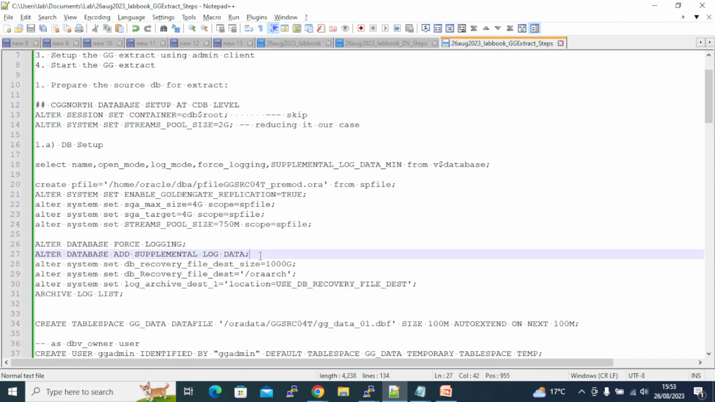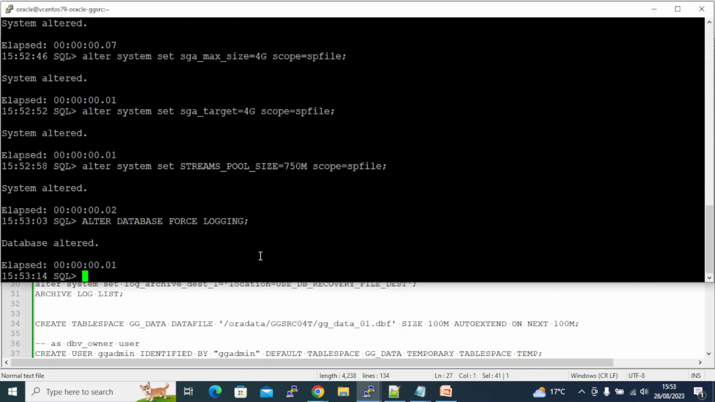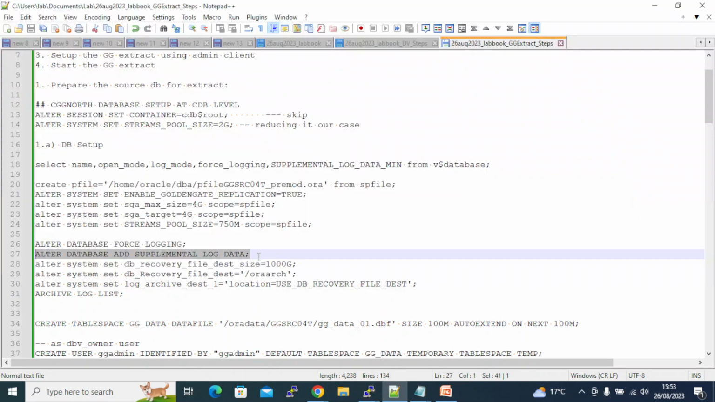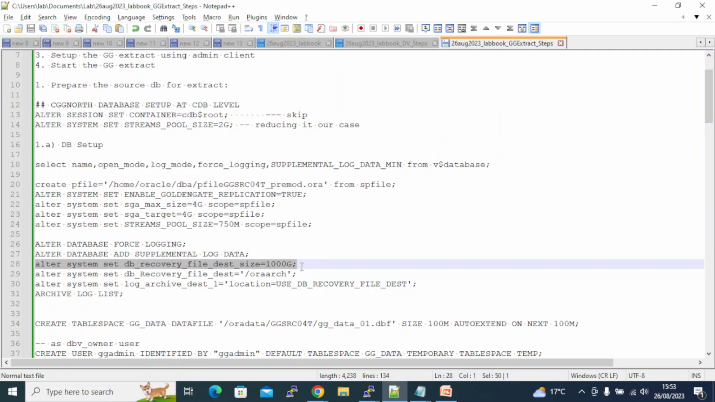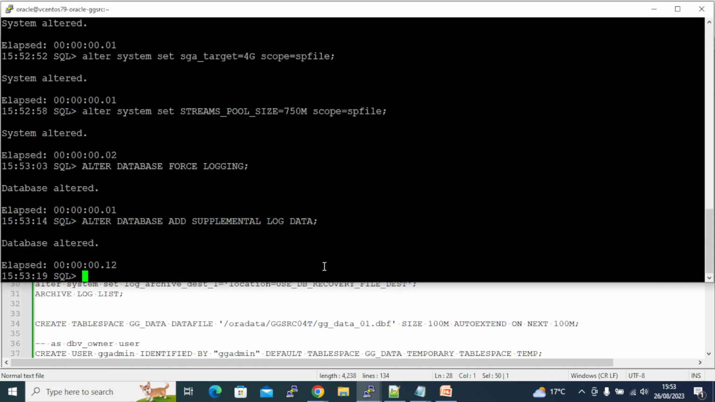So force logging is enabled. This is supplemental logging. Okay, now I have enabled this too. Now I'm going to enable the archive log mode. So